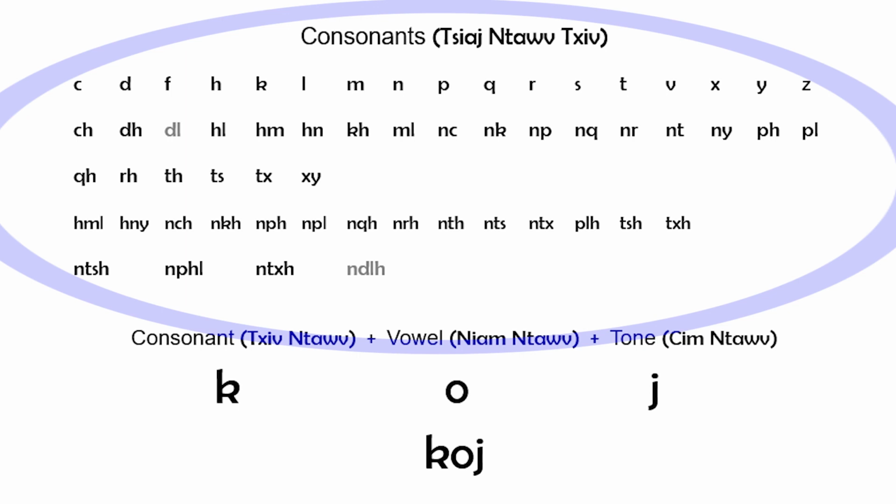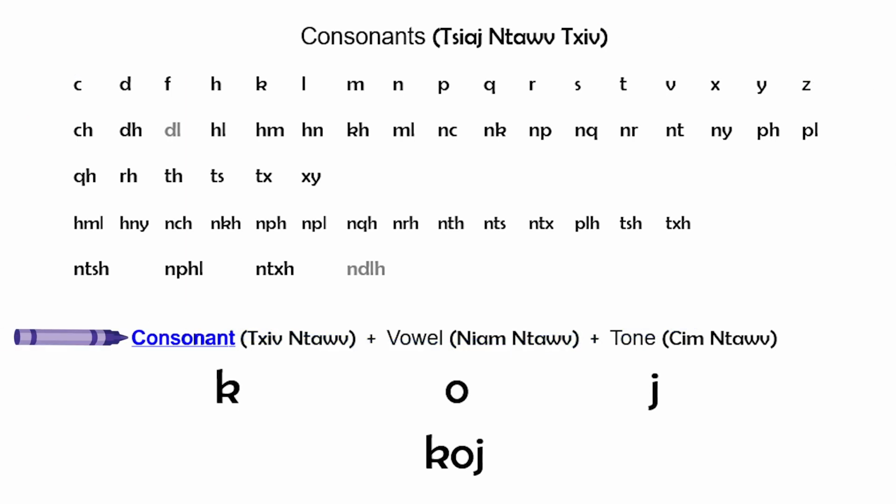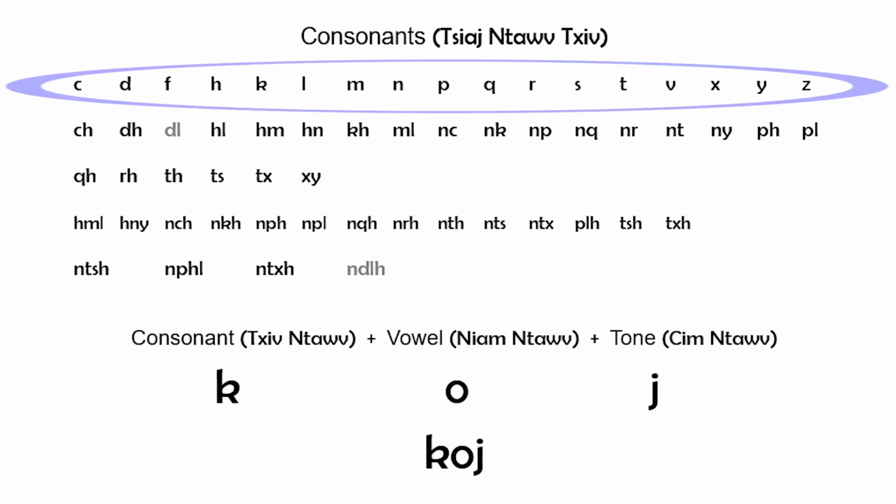And most Hmong words will have three components: a consonant, a vowel, and a tone. In this example, the letter K is the consonant. The sound for the K is go. The vowel is the o, and the tone is a yin du tone. And so when we read it all together, we will read it like this: go o yin du go. This means you. In this video, you will learn only the single or mono consonants.